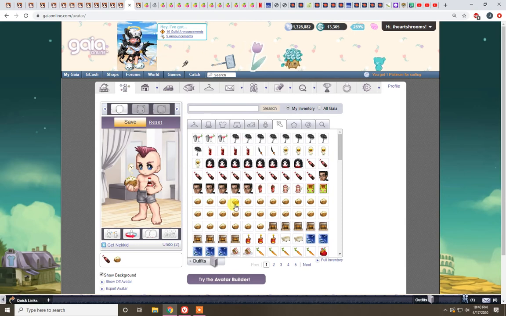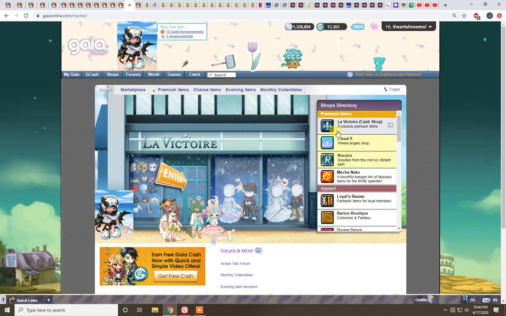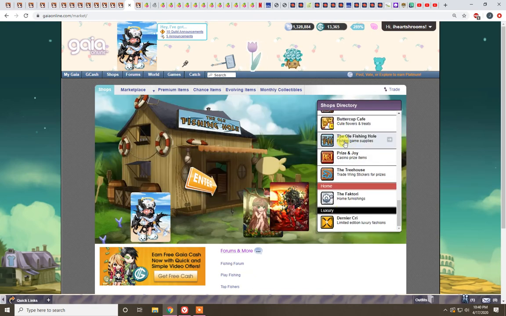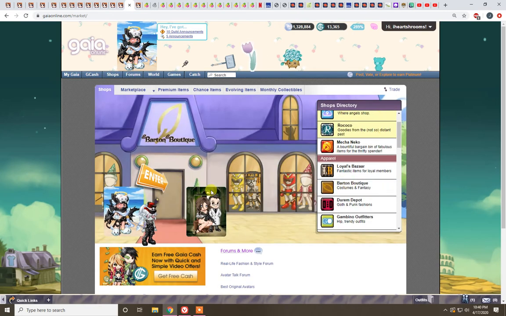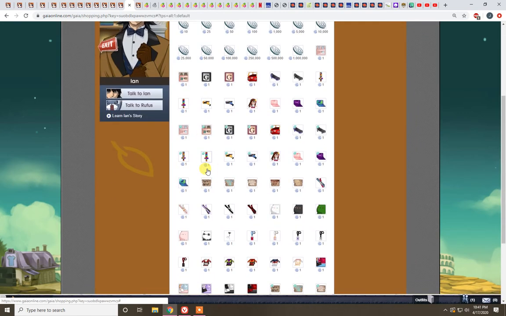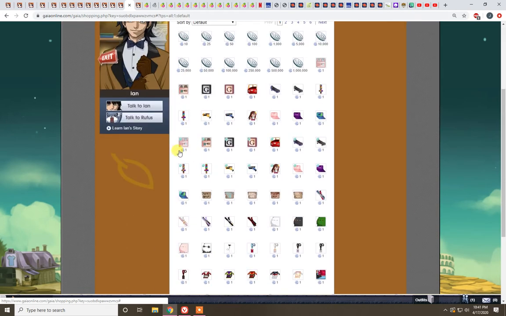Now to get all these different items, you can go to a couple of shops. The shops directory here is the basic list of all the premade shops you can go to. That's not one you want. Let's see. Go here, and you can buy items to dress your guy up, and it's basically a preset price